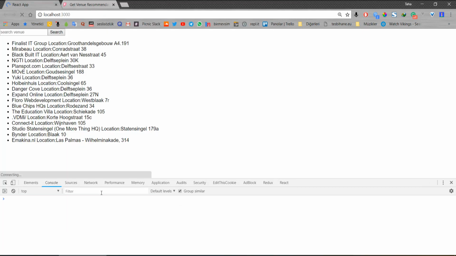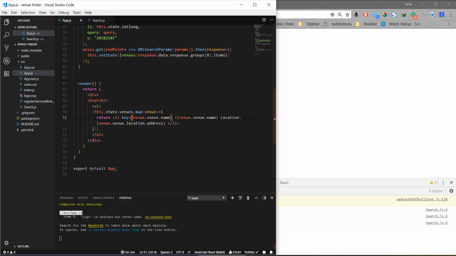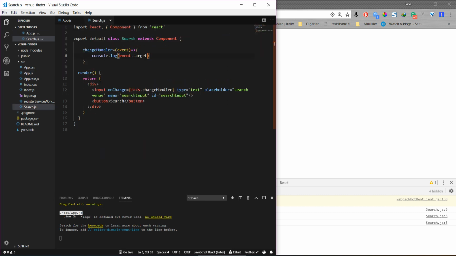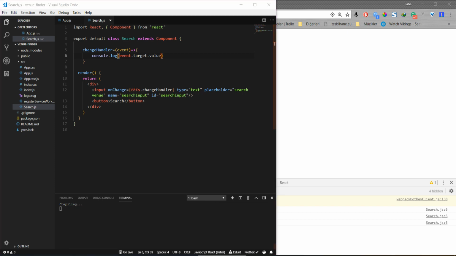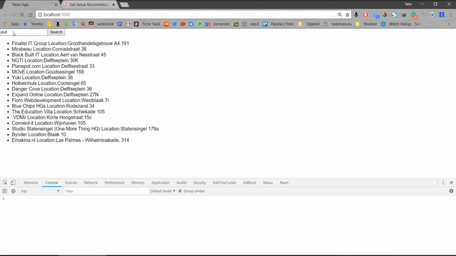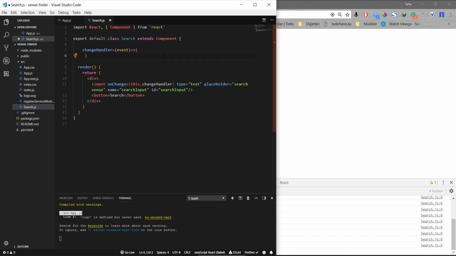We should get rid of this error, yes, hopefully. And right now if I write something, you see, I have all the information about this input. And if I say target value, I will get the value that I wrote here, you see. So I will store this thing in state first of all,